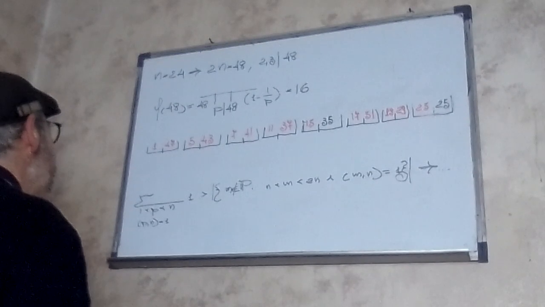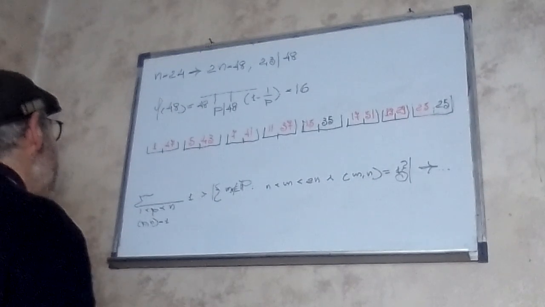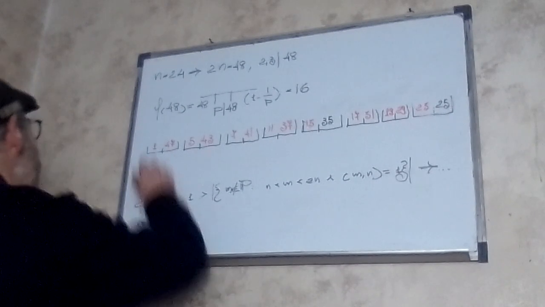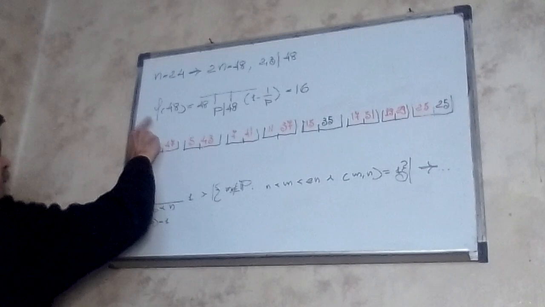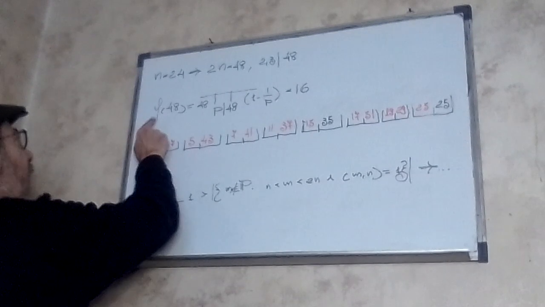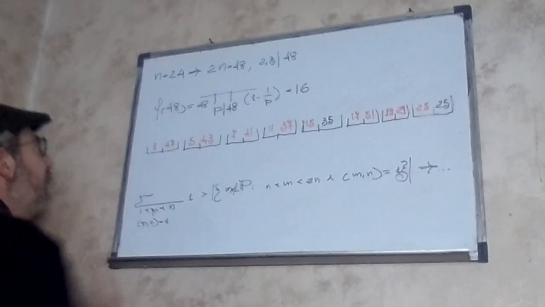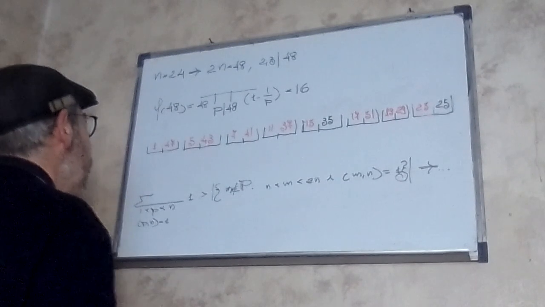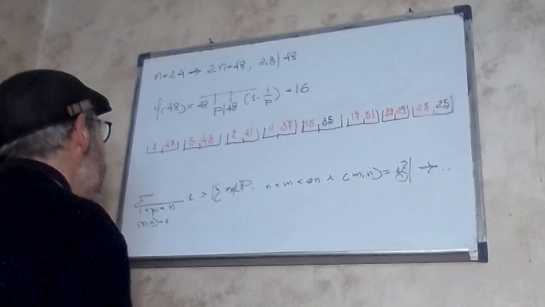And this number is given by the Euler totient function phi. In fact, phi of 48 is equal to 48 times the product